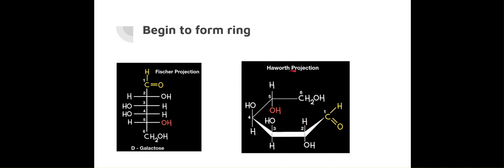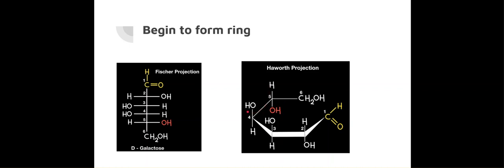And did you guys do Haworth projections in lab? You talk about that at all? I don't believe so. I don't remember that. Oh, okay. No. So this is another way of trying to render what a ring would look like in 3 dimensions. So this part of the ring is coming out towards you, and this part of the ring is going back away from you. So kind of think of it as the ring is flat, it's horizontal. So there's a front edge and a back edge to it.